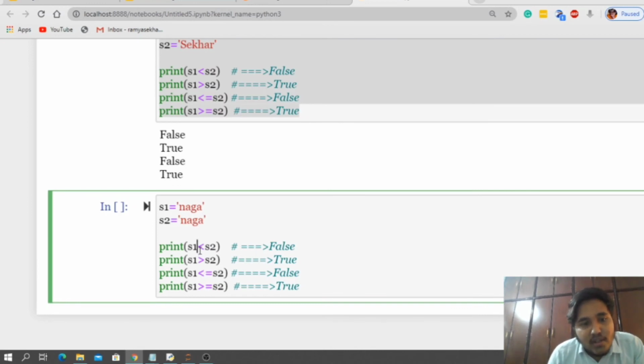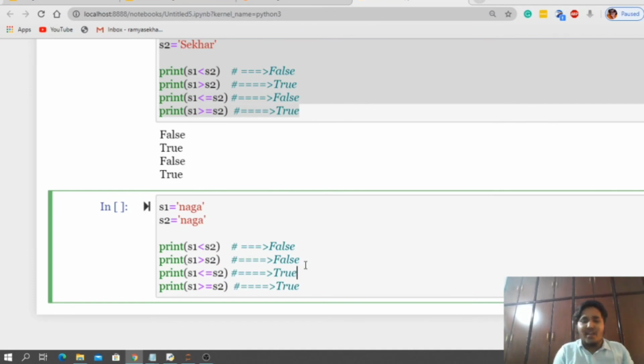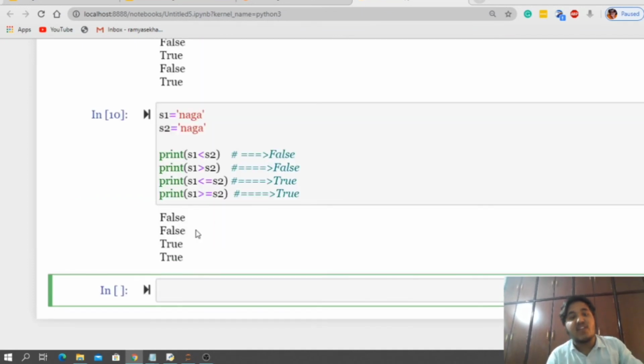The value of s1 is N, which is 110. 110 is less than 110? It is false. 110 is greater than 110? That is also false. 110 is less than or equal to 110? Yes, it is true. 110 is greater than or equal to 110? It is also true. That is the reason why we are getting false, true, false, false, true, true.